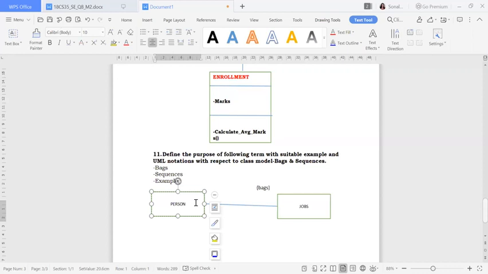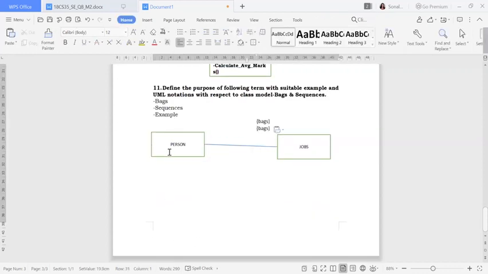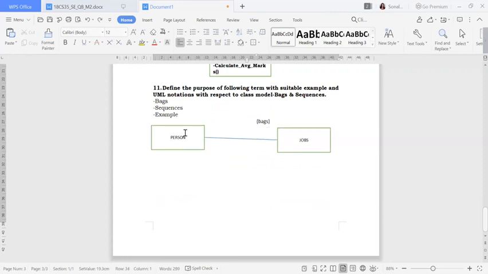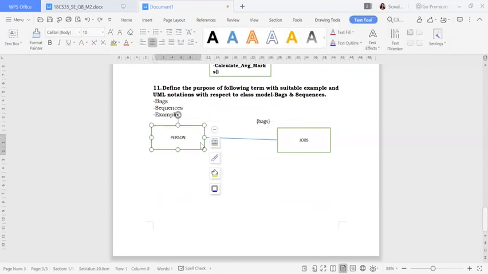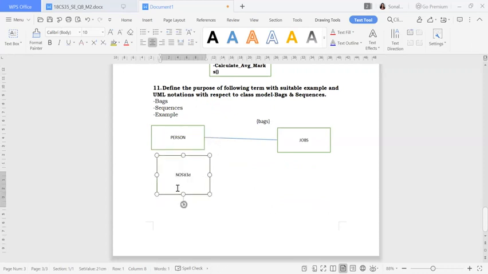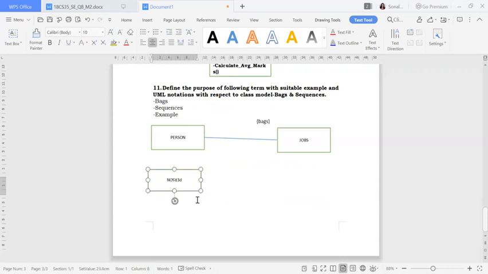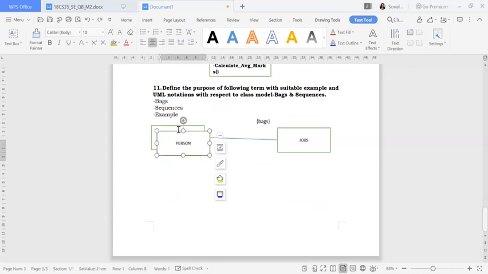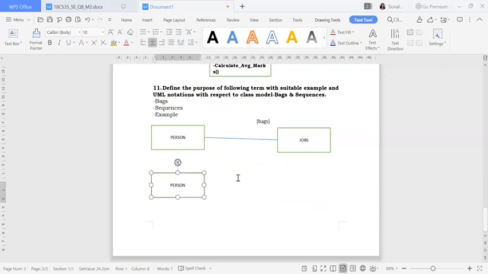So now again, if you want to do the same thing for the sequence purpose, I will just copy this one more. If you want to do the same thing, I'll put over here, this is my... it became the image actually. So here the person, I will just change it to system. Change it to system.